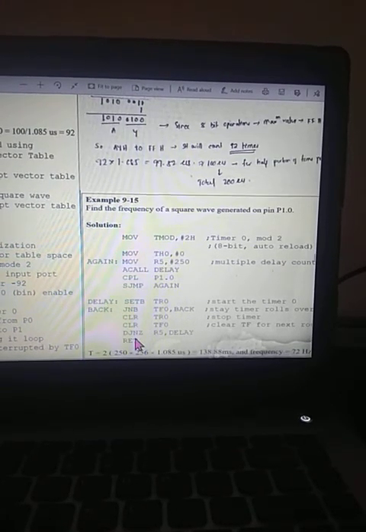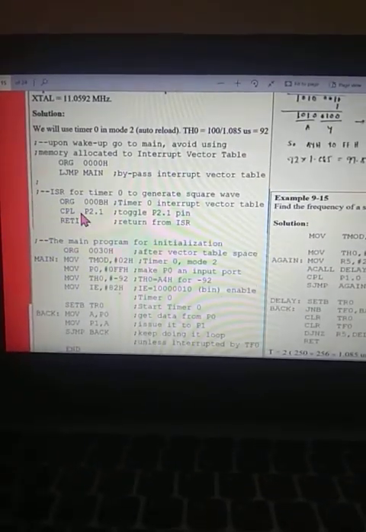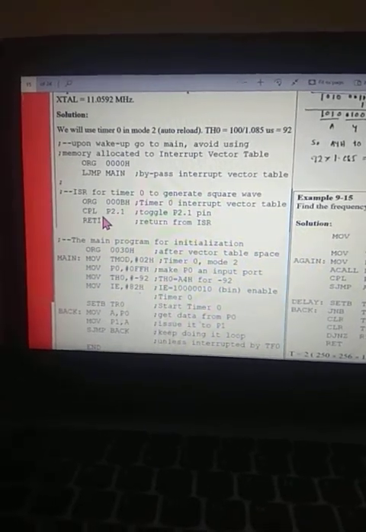So this is the biggest, significant difference between RETI and RET. Here there is no requirement of manual clearance of TR0 and TF0.